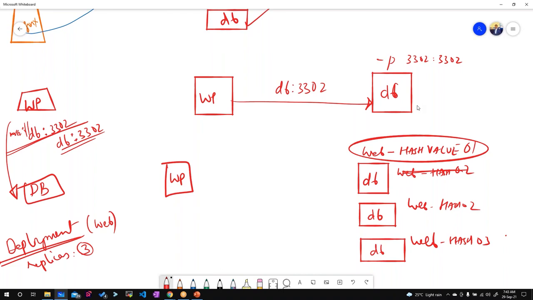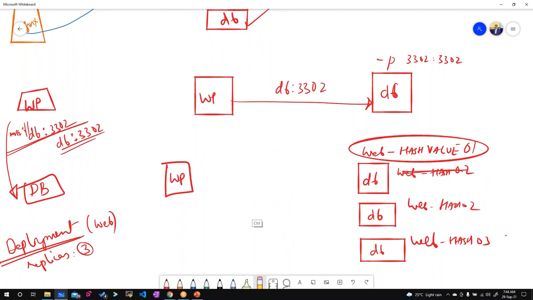So now talking with the IP address is not possible, and talking with the name also is not possible, because both are changing. If it is a single pod, and I'm not deploying it with a deployment, it is simply a single pod, so the pod will keep the same name. But this is not the ideal way of creation, because if this pod is not managed by any controller like a deployment or replica set, if this DB goes down, it won't come up. So I won't use a pod like this. I'll use it with a controller.